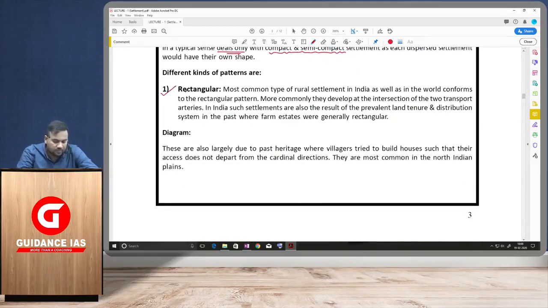The most common form of pattern is the rectangular pattern. As we said, it is most common in India as well as in the world. More commonly, they developed at the intersection of two transportation arteries. In India, such settlements are also prevalent, a result of the prevalent land tenure and distribution system in the past, where farm estates were generally rectangular. Because of that, what will happen? The shape of the settlements would also become rectangular. So, if you talk about rectangular pattern,